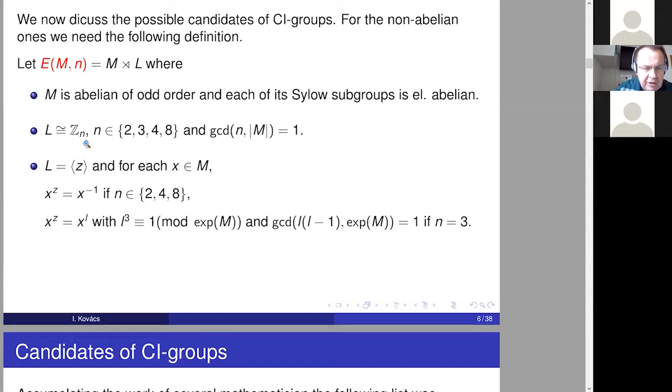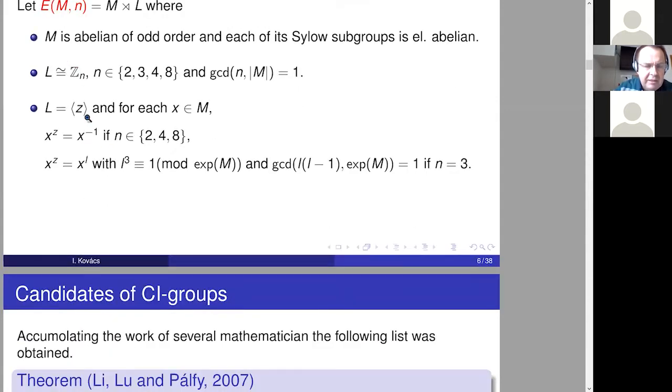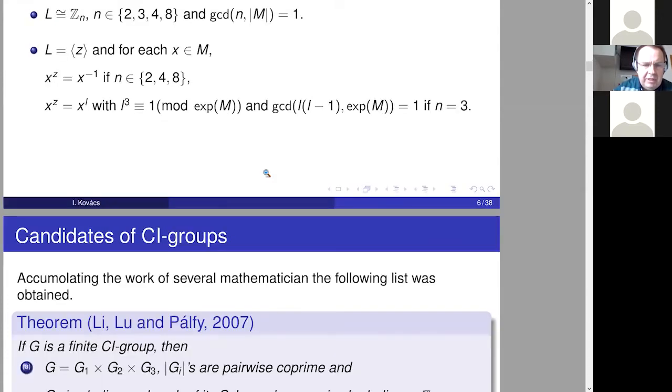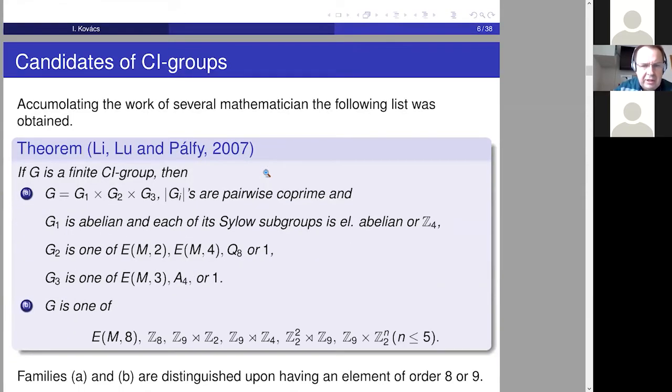So if L is generated by some element Z, then Z acts on M by inverting its elements if the cyclic group has even order. And if the order is odd, then you can write the action here on the elements. And it turns out that essentially these are the only non-abelian candidates for a group to be CI, and accumulating the work of several mathematicians, the following list was constructed